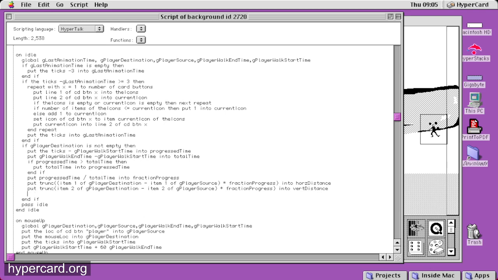And now we say set lock of card button player to item 1 of G player source plus horiz distance, comma,